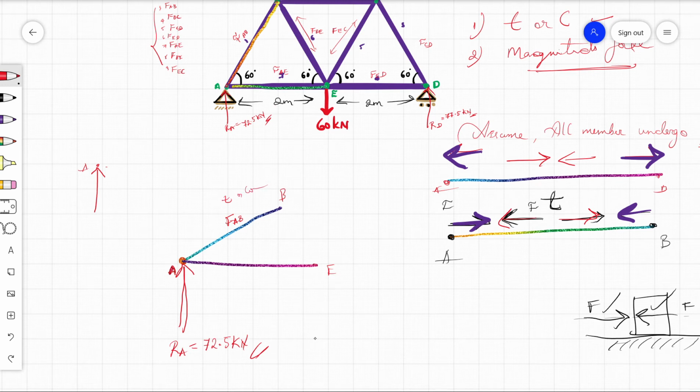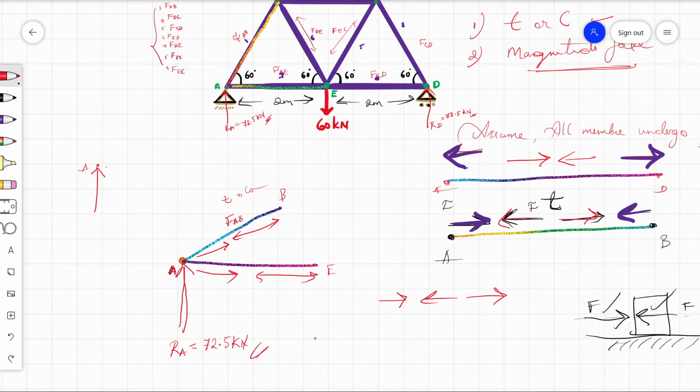How does the tension happen? Tension goes outward in the member. How does the internal resistance force go for that? Like this, right? The same. If the force is going in this opposite direction, the internal force from the joint is like this. Same does here. If I assume there is a tension, the internal force is going in this direction.